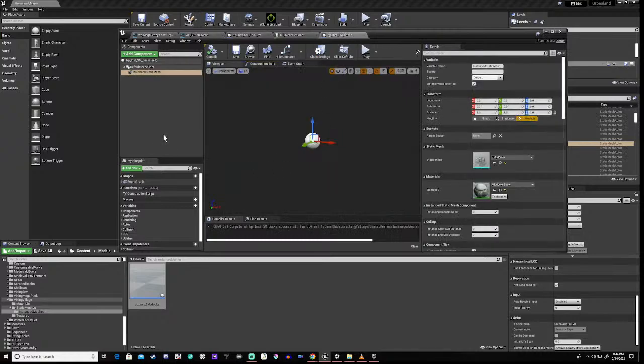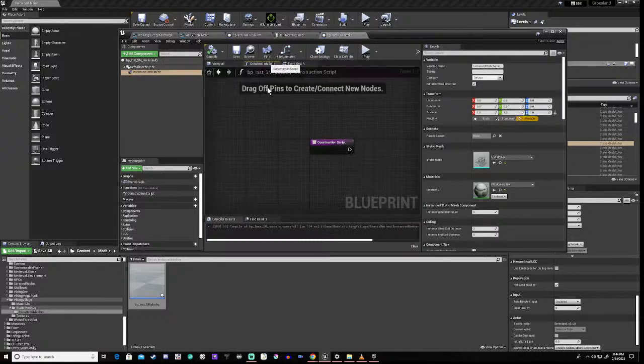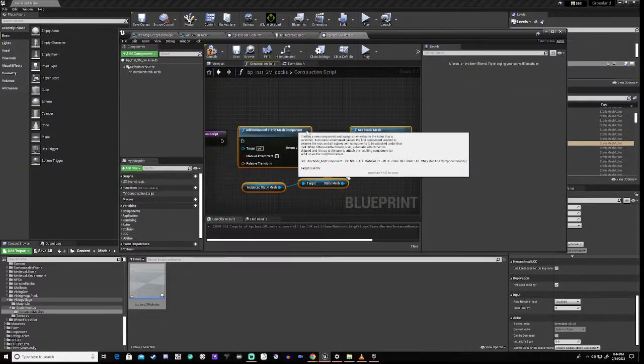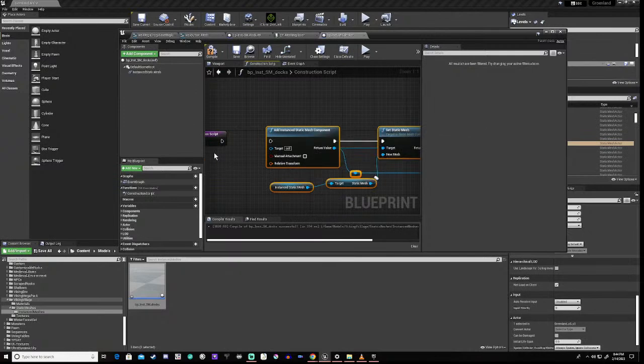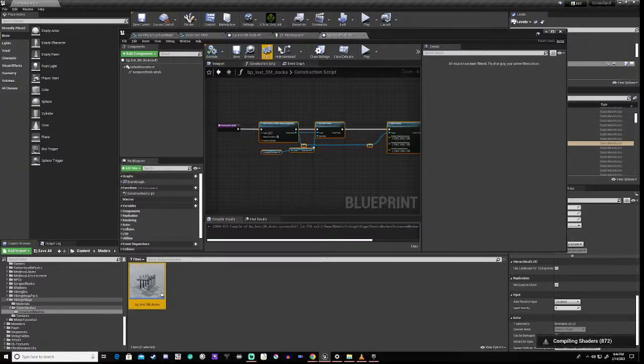Then we're going to get into our docs. We're going to go to our construction script. We're going to paste that. We're going to drag it over, and then drag that into our construction script. And the next thing we're going to do is go into our DT.